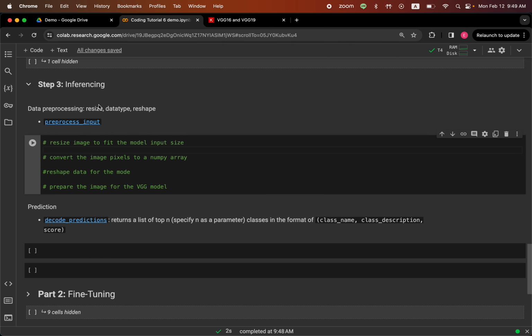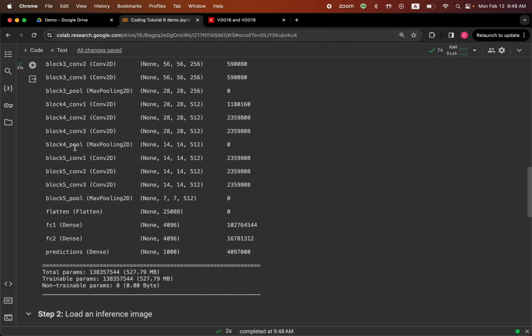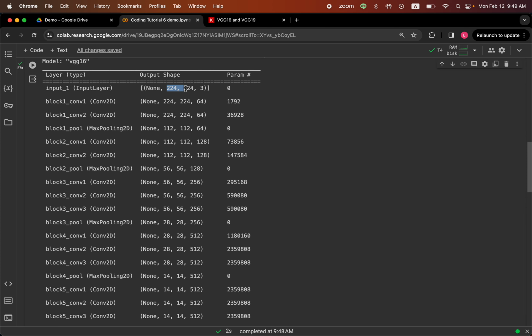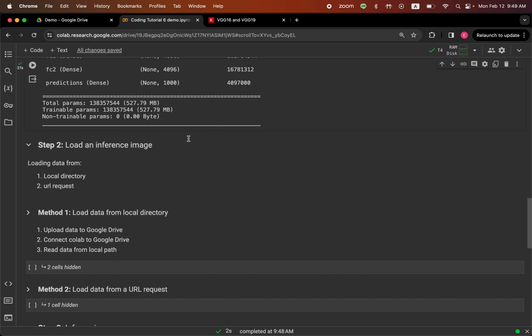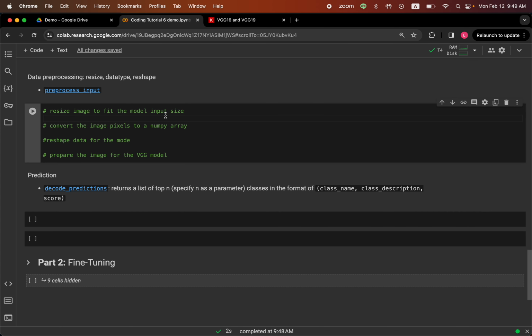So there's a couple steps here. First, we do resize, and then change the data type, reshape it, and then finally we do preprocess input. Okay, so we check the model, we know that the input size is 224 by 224. So let's do image. This is the image we just loaded from the URL. Resize it,